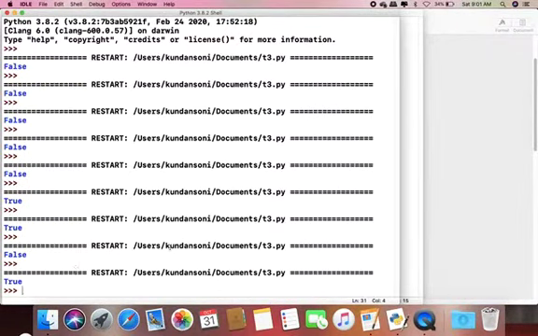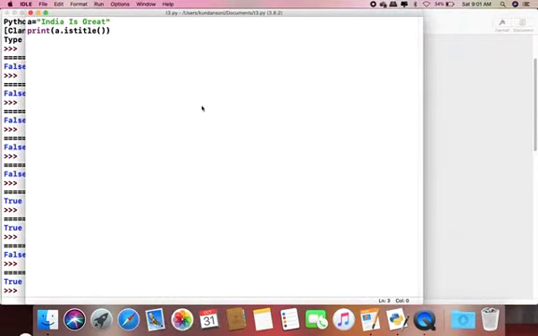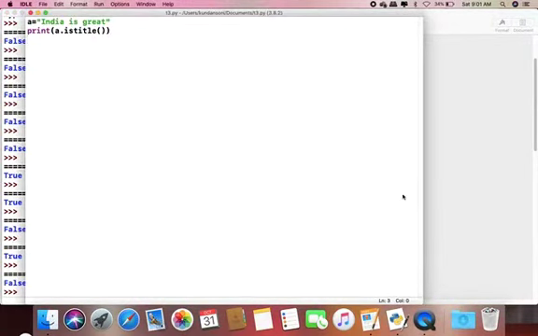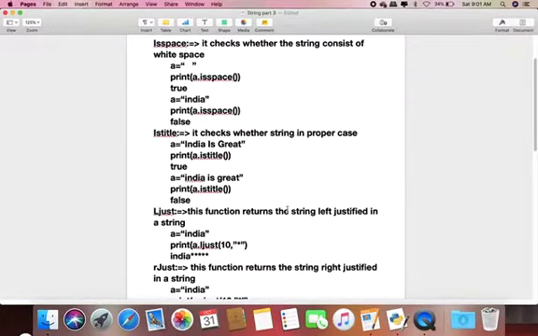My output is True because my string is in proper case or title case. If I write anything else, and now I run the program, my output is False because my string is not in proper case or title case. So this function is used to check whether a particular string is in proper case or not.